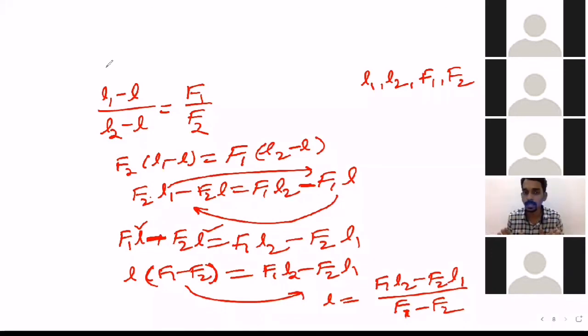In this page, everything is mathematics. Cross multiply, multiply, plus, minus. So this way you need to do the comparison based questions. Please try to revise it once again and try to understand it once again.